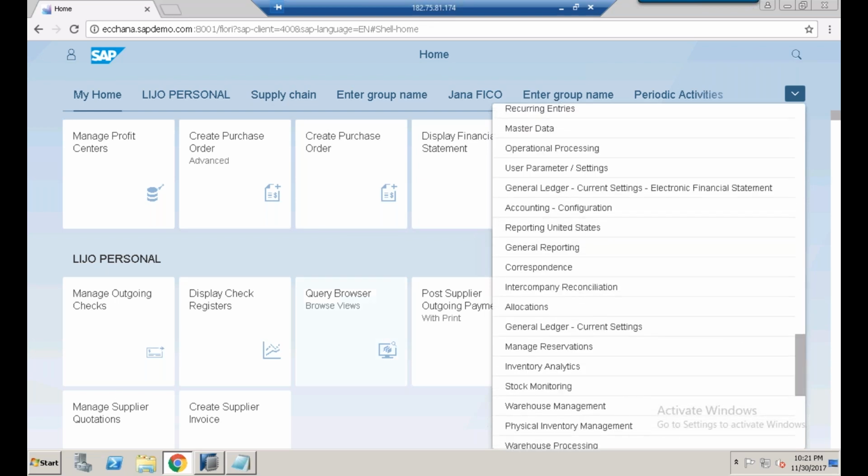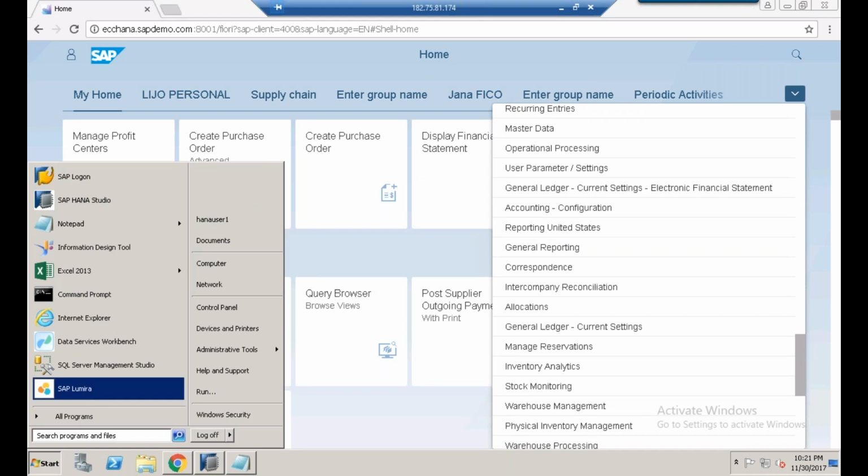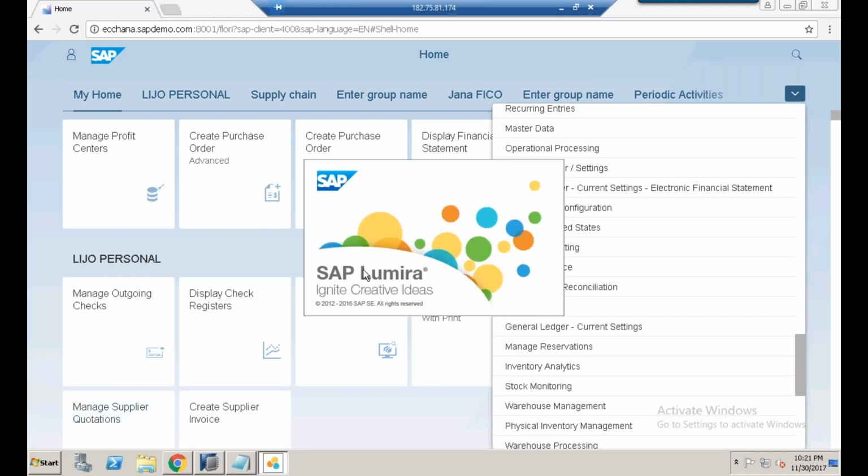Now, here you can also see you have SAP Lumira. What is SAP Lumira? Using SAP Lumira, we can do rich visualizations.